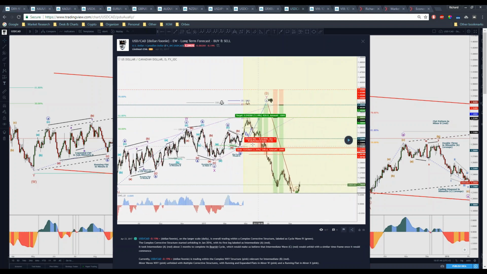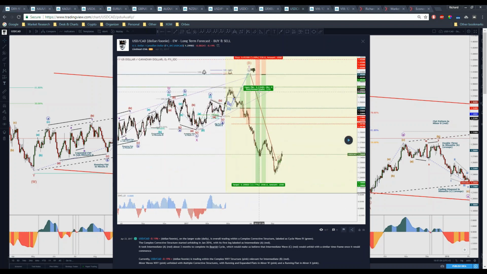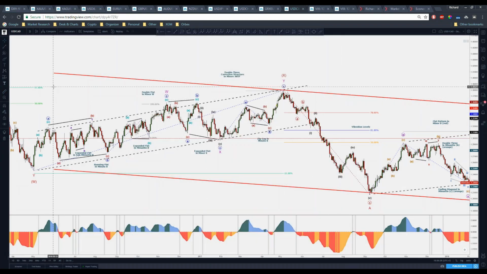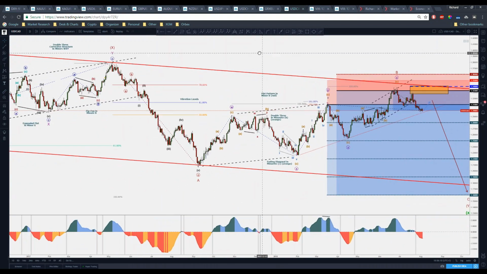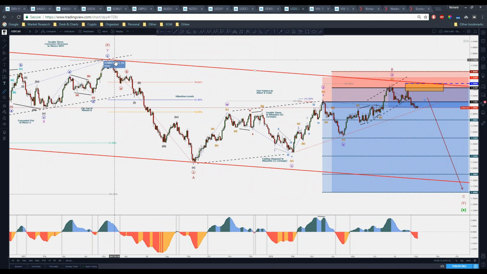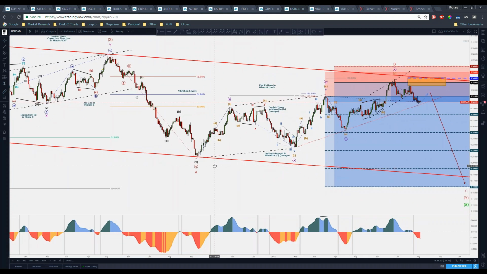If I load the new bars, we will actually see 1.338 went up exactly at the 100%, which was basically exactly 1.38, and then started to drop. You can actually see it's a long drop. I mean, there are some 1,000 pips there. Let's just measure it to see. Okay, let me put this there. Yep, 1,700 pips.